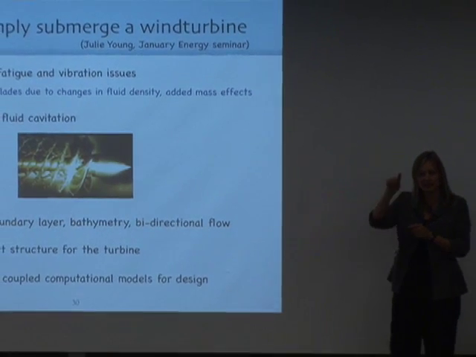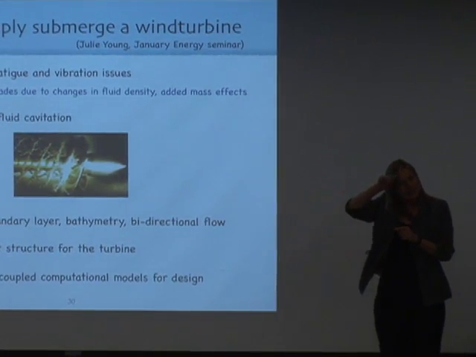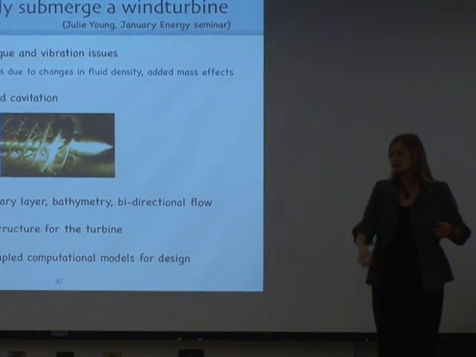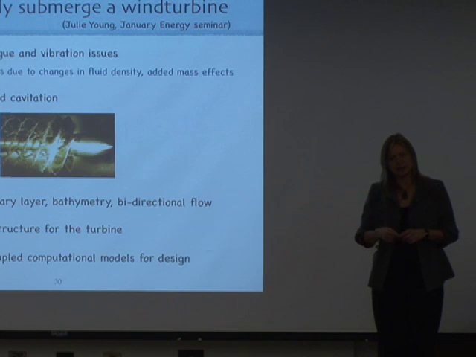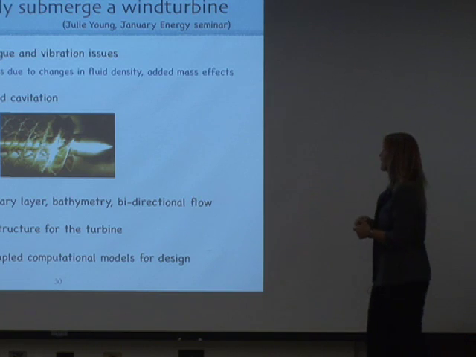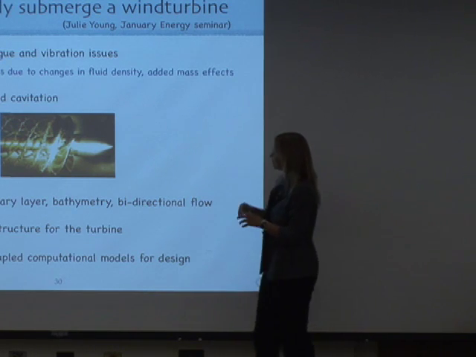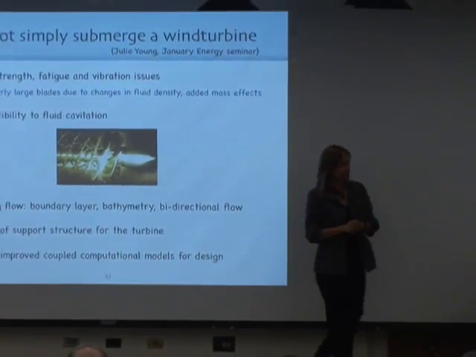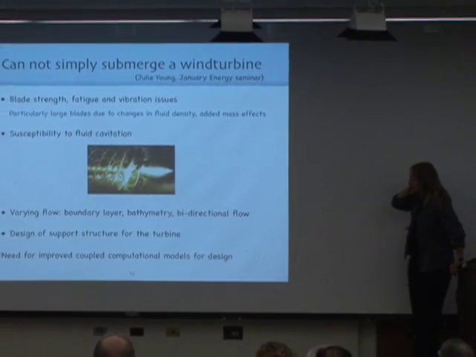The other thing, which is really the big thing, is that you have great susceptibility to fluid cavitation, especially at the blade tips. Now, these blades don't go so fast, so you may have a 10-meter blade going about 10 RPM or so. But still, that blade speed is reasonably high, of course, when you have a 10-meter blade. And very often cavitation occurs, and cavitation, first of all, makes a heck of a noise, but maybe you say, okay, that's not such a big deal. But it really damages the blades very, very quickly. So we have to be very careful.